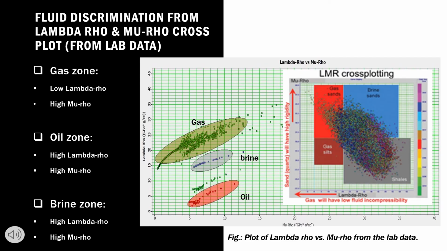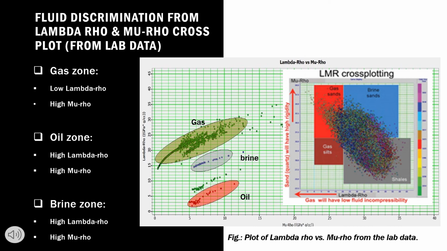The Lambda-Rho and Mu-Rho plot is effective as lithology and fluid discriminator. But here we are going to use these parameters mainly to identify fluids. So this is the plot of Lambda-Rho and Mu-Rho from the lab data, in which green represents gas, blue brine, and red oil. In general, gas zone is characterized by low Lambda-Rho and high Mu-Rho. So the gas zone